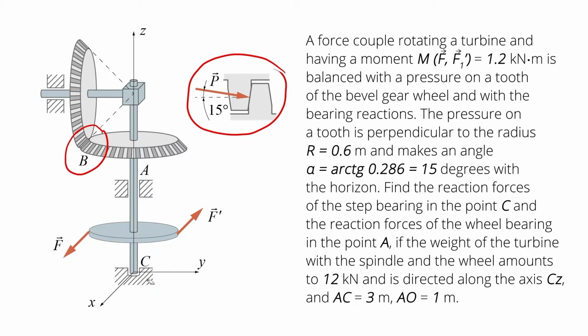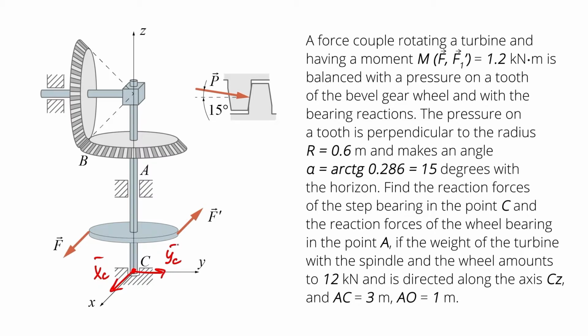Let us consider the equilibrium condition of the spindle with the turbine. Let us draw up a free body diagram. To this end, we replace the constraint forces with the corresponding reactions. A constraint for the spindle is the center plate, and we resolve the reaction force of the center plate into three components: XC, YC, and ZC. The bearing in the point A is also constrained, and we resolve the bearing reaction into two components: